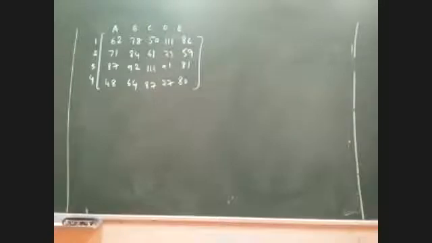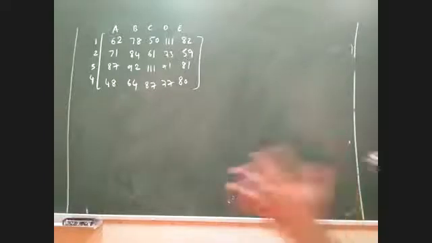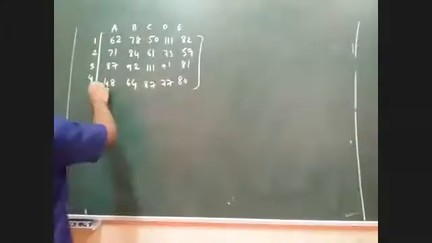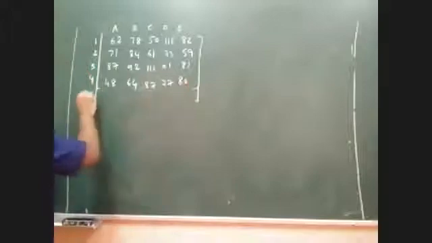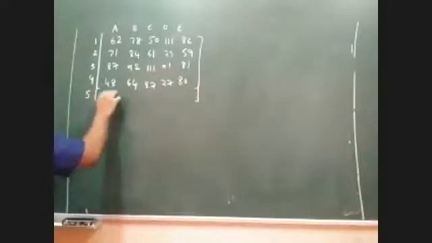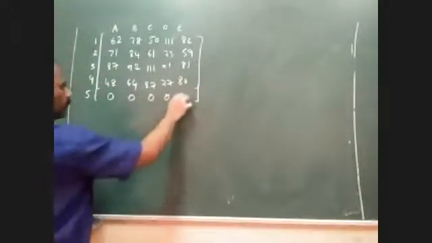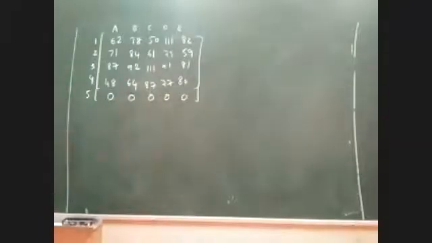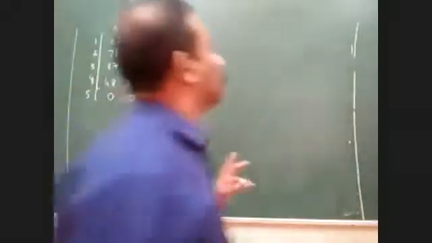Dummy row. Yeah, because you can see that there is a shortage in the row and therefore I'm supposed to introduce a dummy row, that is row number 5 with all the zeros. Let me write here only. Fifth row becomes your dummy: 0, 0, 0, 0, 0. Now you could see that the problem is balanced. The problem has become balanced because the number of rows is equal to the number of columns.